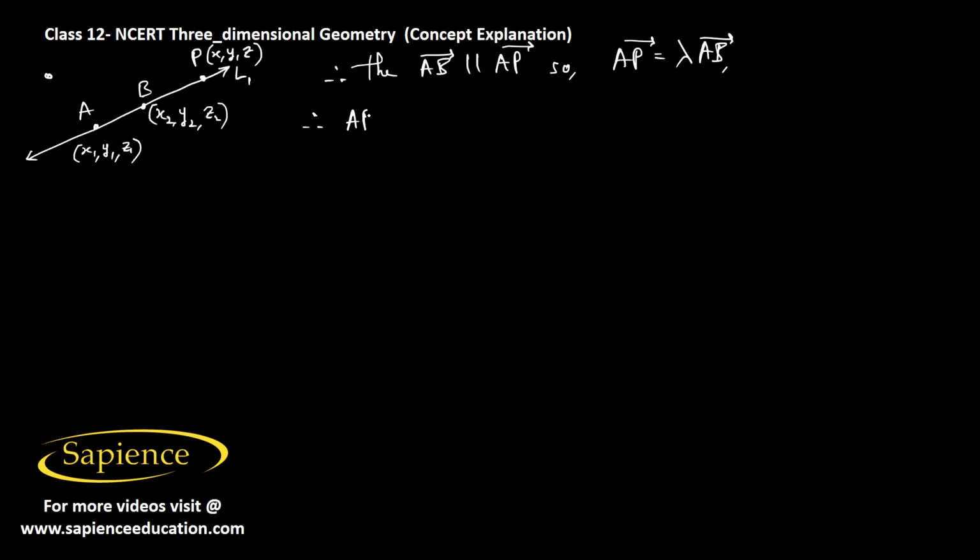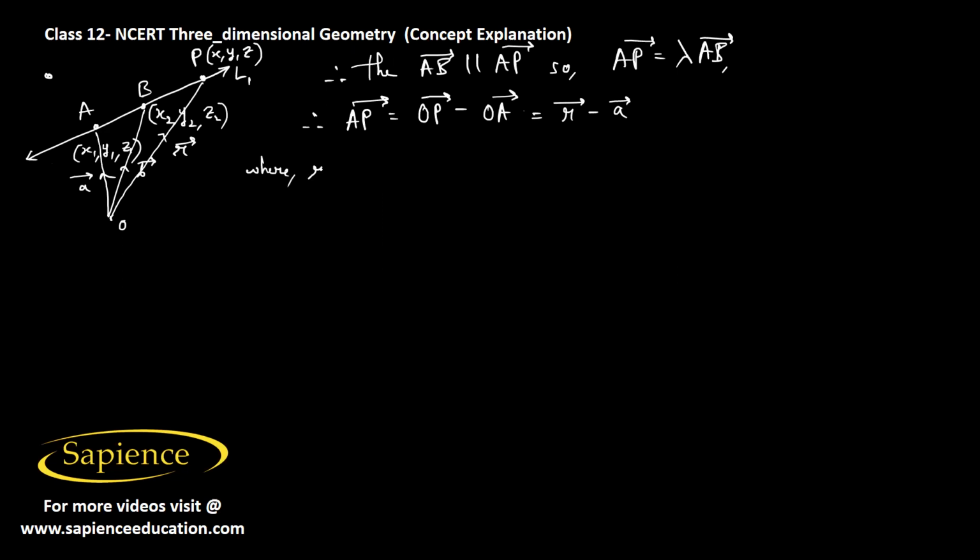So therefore now AP vector will be obviously OP vector minus OA vector. If here is the origin O, then this will be OA vector, which is called A vector. And suppose this is OB vector, which is B vector. And this is OP vector, which is R vector. So AP vector is R vector minus A vector, where R vector is OP vector, which is equal to